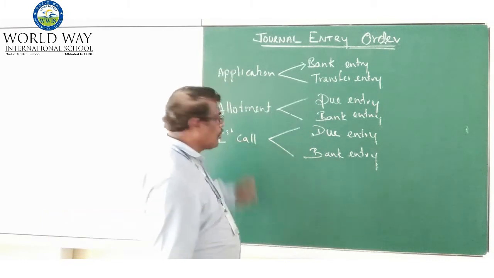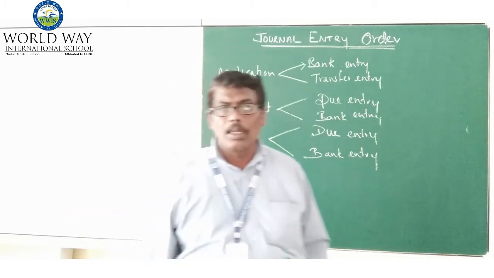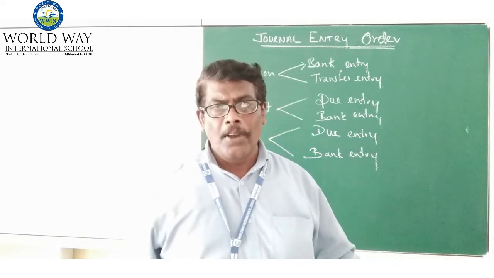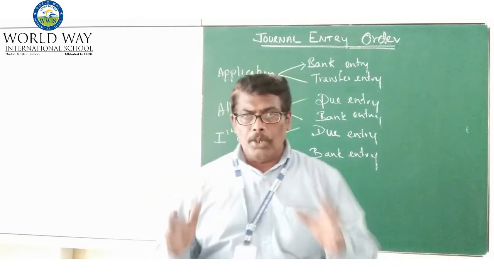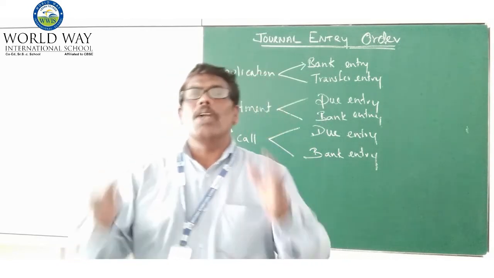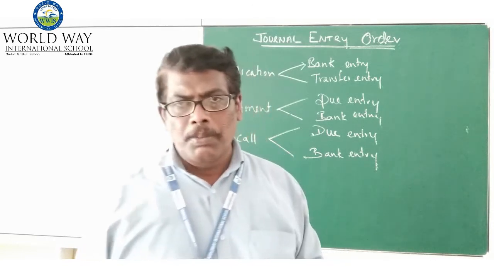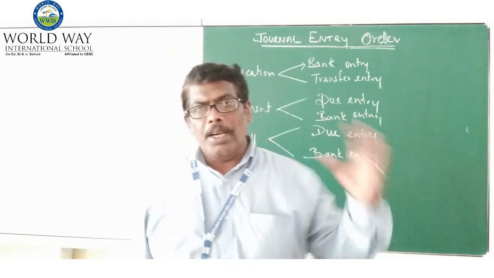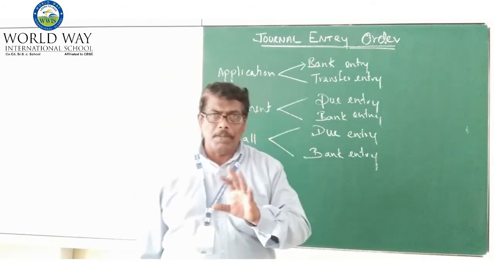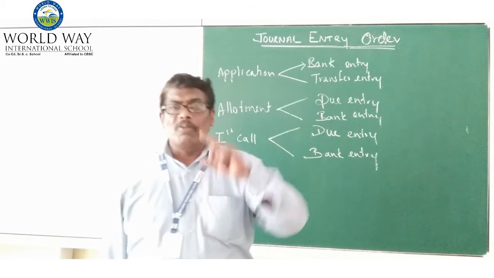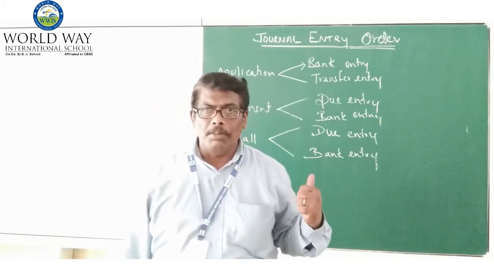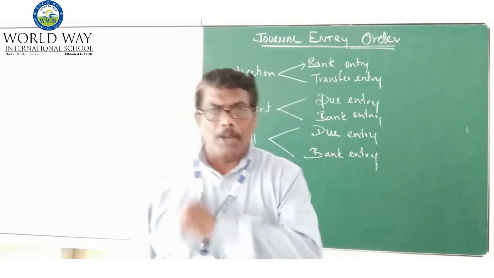Next, in the case of calls, the first call and second call also, you have to follow the same process. First, the company generates the due entry, because the company knows how much amount is going to come from that particular person. So they make the due entry that this much amount is due from that particular person because we allotted a share. And when he finally makes the payment, the bank entry will come because the bank receives the amount.